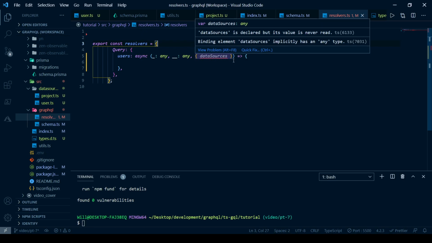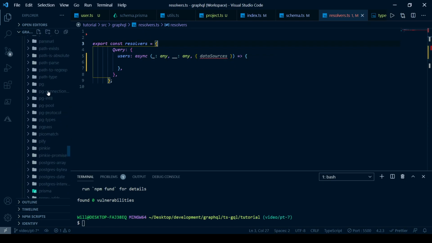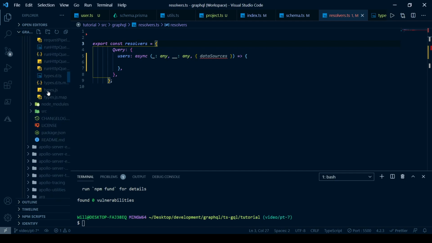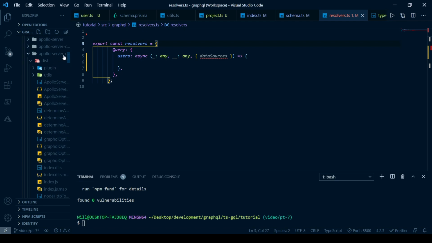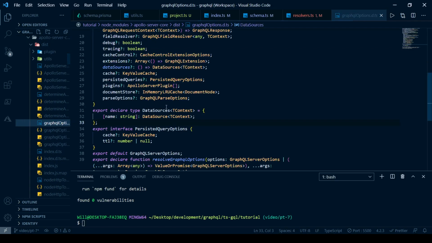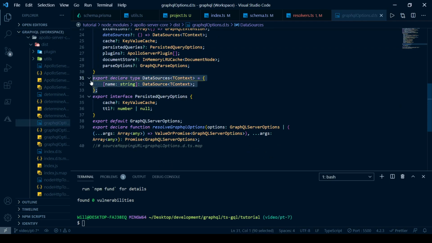Again, if we go back to that file that was in our node modules, it was in Apollo server core. It was GraphQL options, right? We need to have a data sources type that looks like this, right? It has an indexed name that can be passed in as a string. And also it needs to have a value for that property of a data source, which in our case is going to be either user API or project API. So you can keep this for reference just for now. We'll delete it later, but go ahead and copy this, put it into your